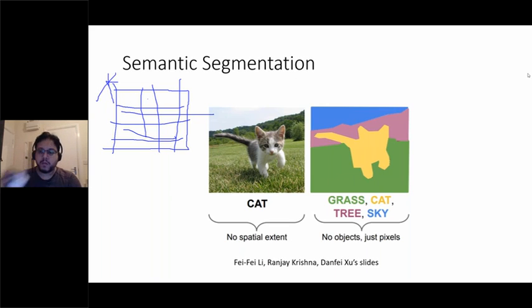I believe that during the training we add a dimension for our data. Before it was 3 by 3 by the number of colors, RGB. Here we add another dimension to specify what each pixel is. No. Well, the data is annotated. You have the image, and you have a matrix for every image, telling you what every pixel is. So the data is annotated. There's no problem with this.